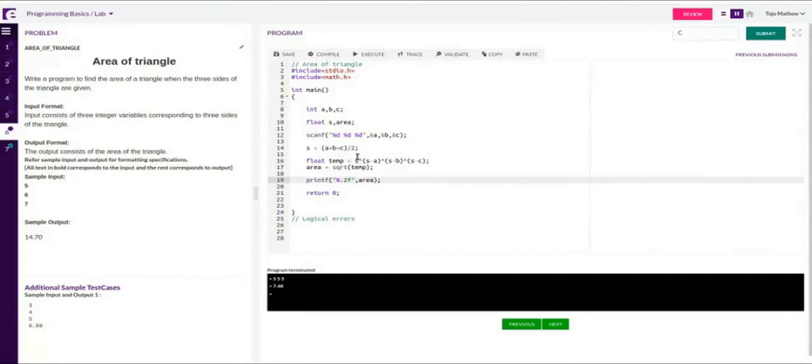As of now, we have not studied what typecasting is. So for that, I use a small trick. I make it a real number. A variable, I cannot make a real number. This is invalid, but I have used an integer constant. So in that place, I can put a real constant. So I make it a real constant. Now, these three operands are of integer type. This is of floating point type.